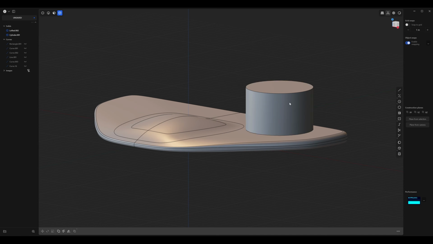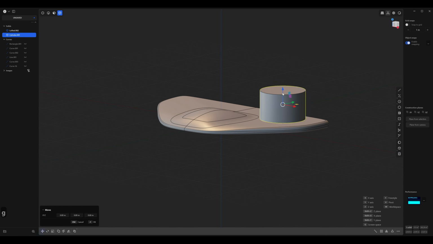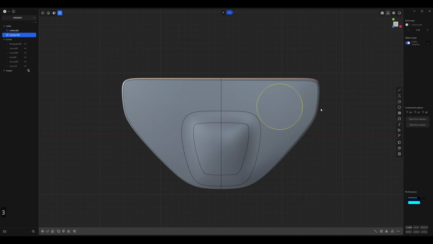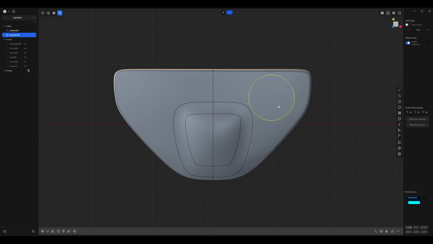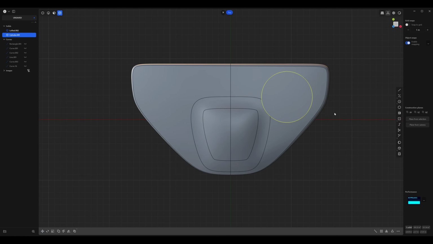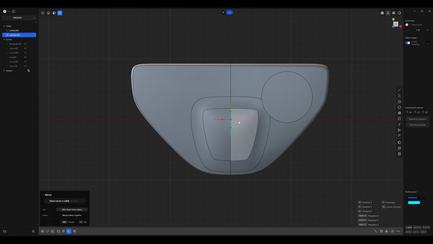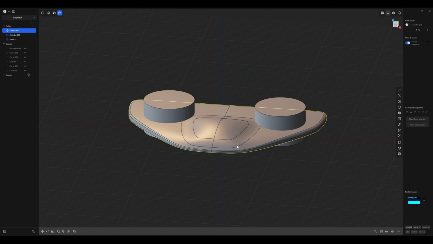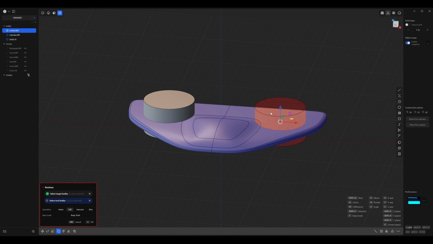And in body mode, I'm just going to move it down so they intersect. Just like this. And from the top view, just want to make sure we have the right scale here. I'm going to press S twice. I want this to be a little bit bigger and have enough breathing room between the edges. Press Alt X and let's mirror it on the X axis. Right click and now select the main body. Press Q and then select one cylinder and shift select the other and right click.